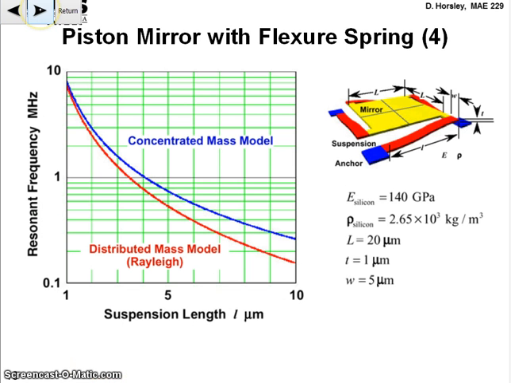And so if we look at comparing a point mass model with the distributed mass model, depending on the length of the suspension, here it's showing that as the suspension length gets